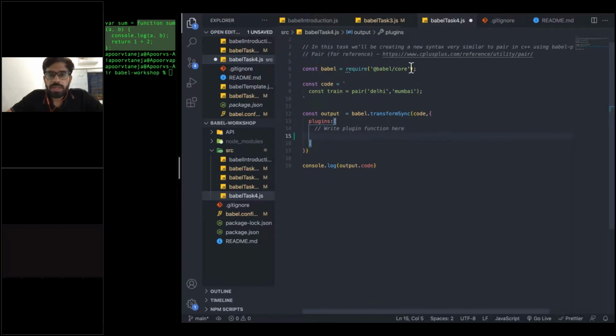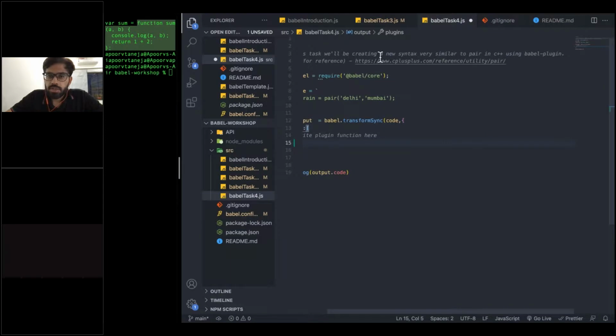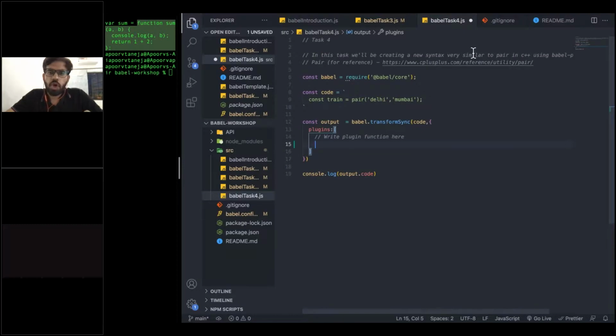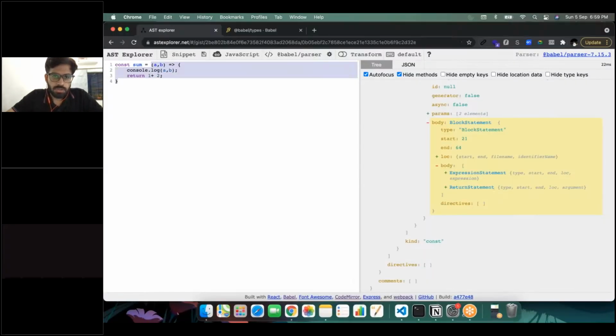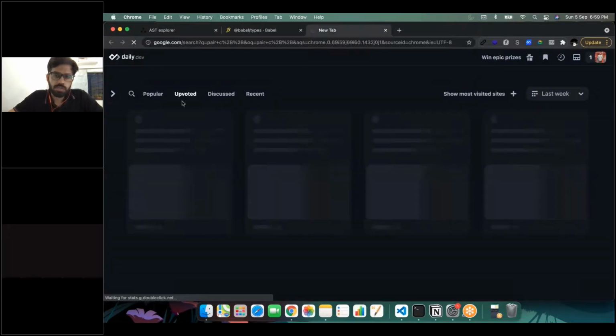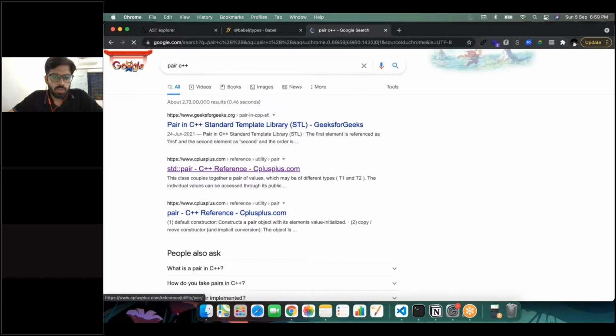So in this task, we'll be creating a new syntax, very similar to pair in C++, using a Babel plugin. If you have coded in C++, there's something called pair. I'll just give you a small demo. This is something which is not there in JavaScript. So what pair does is,